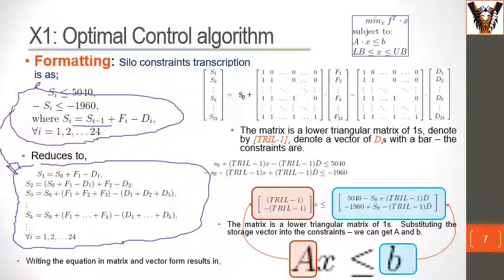So in fact, if we denote a lower triangular matrix of 1 as tril(1), and we denote D as D with a bar, a vector of the demands that we are going to know, then we can write these two